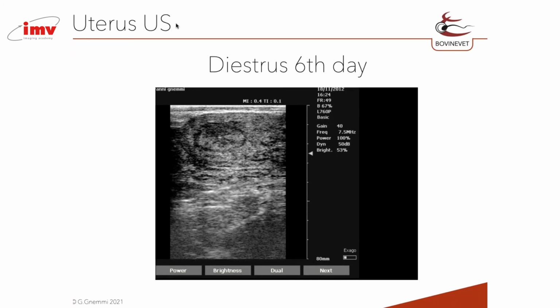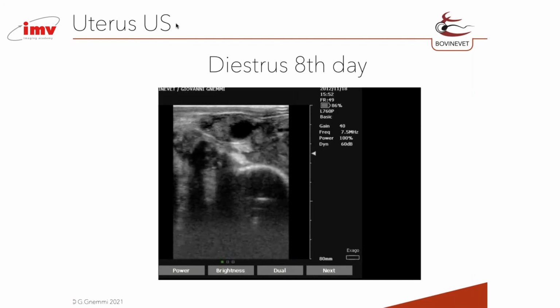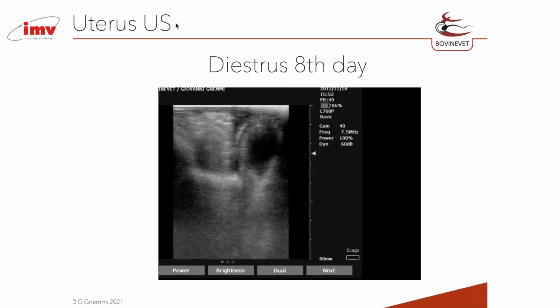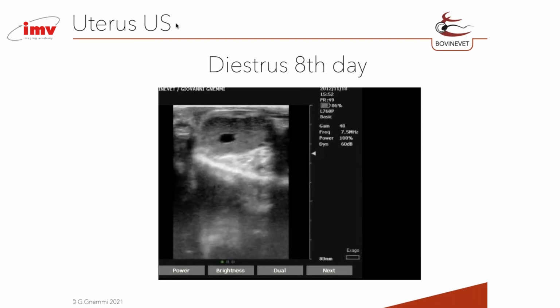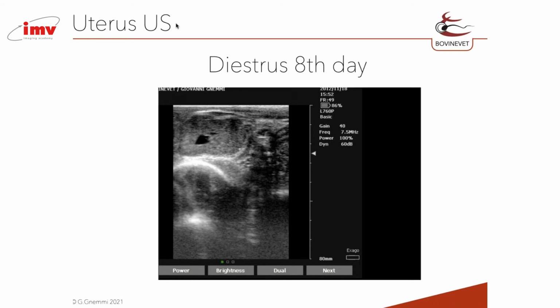There is a virtual space of the lumen, and the vascular tunica is very thin. Day 8: the corpus luteum is bigger, and the dominant follicle is 15, 16 millimeters. In this case, you see that we have a cavitary CL. Attention, the cavitary CL in cattle represents 70% of the corpus luteum during the first 10 days of the